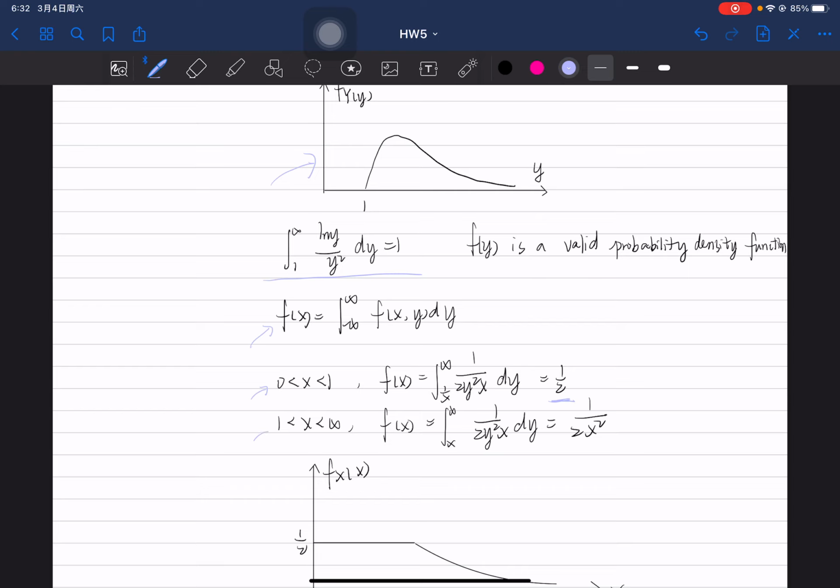When x is larger than 1 and smaller than infinity, the density function of X equals 1 over 2 times x